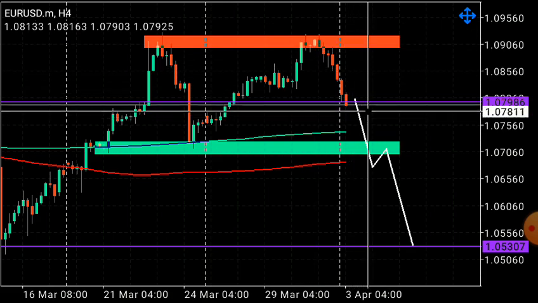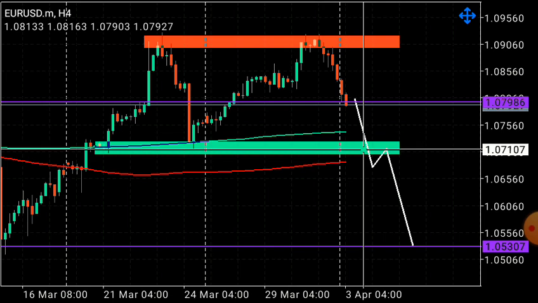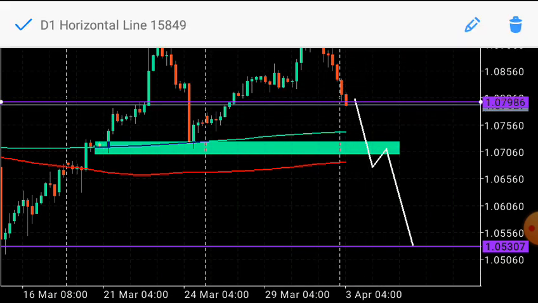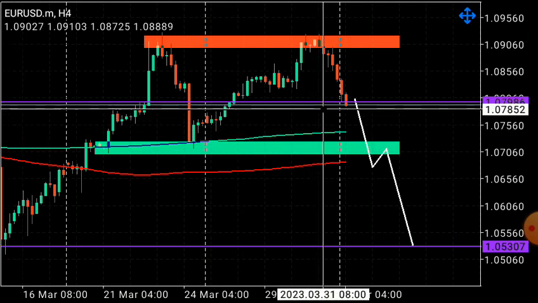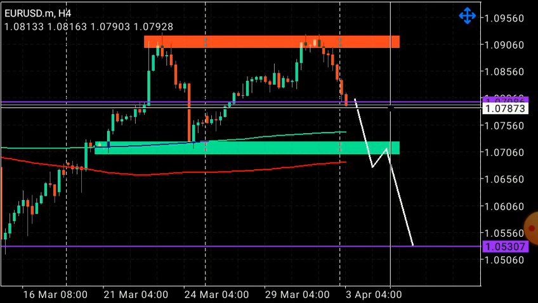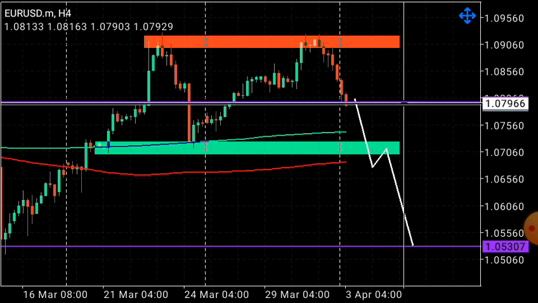So they're currently holding. In between the supply zone and the demand zone, the resistance zone and the support zone, we do not take any orders. This is a daily horizontal line. Price broke out of the daily horizontal line, confirming even more a downtrend or a sell signal. Maybe not long term but short term. But for now we don't do anything.